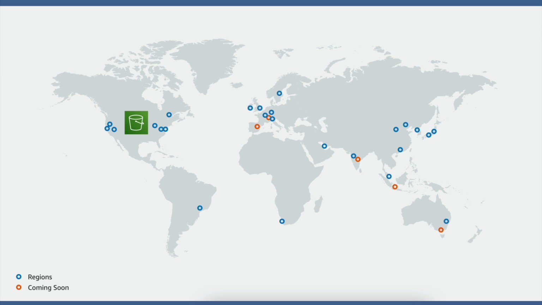We store our content in S3 bucket. S3 is an object storage service that offers industry-leading scalability, data availability, security, and performance. It is highly durable and offers unlimited storage. But S3 is present in a part of the world or in a region.